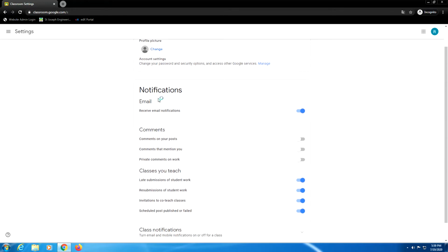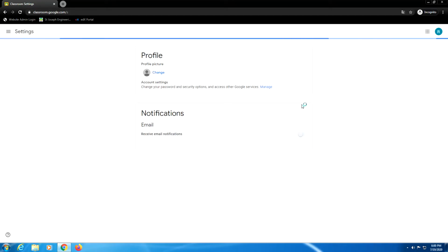What happens with this notification is that whatever you do in a classroom, for all these things by default you get a lot of emails. These emails can be restricted. So I can decide whether I should get an email notification or not. By default it is on, so I just close this. When you disable it, you will not get any email notification for any of the things you are doing. Otherwise, if you have a Google Classroom app, you will be able to get the notification there rather than getting emails. For each and everything we do, we get a notification. So we will just see what notifications we get.